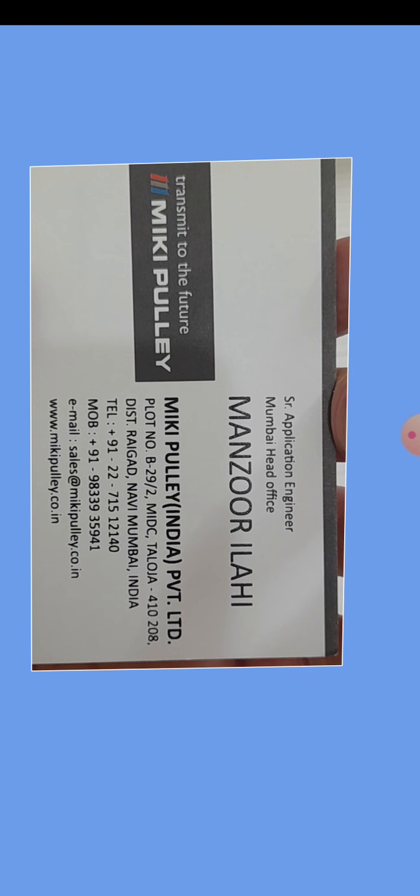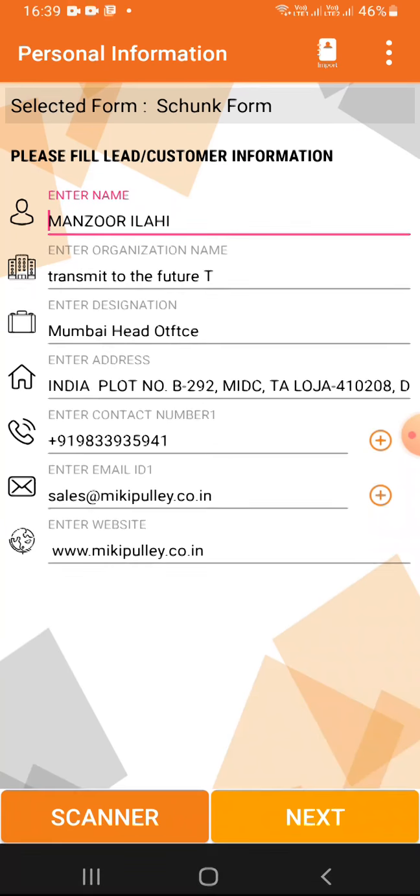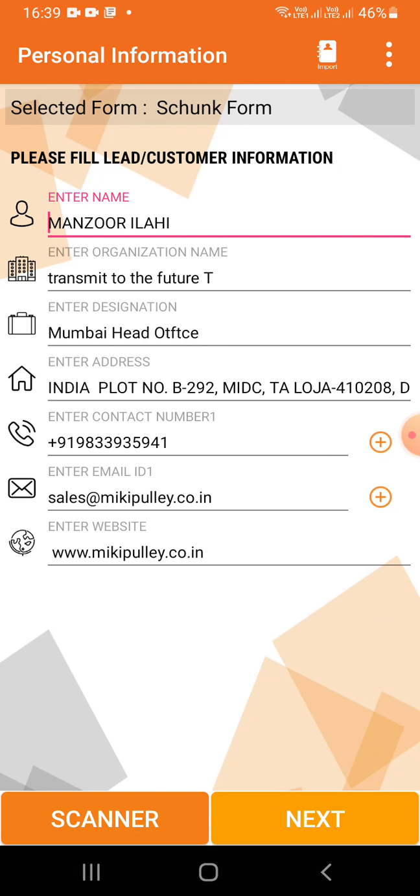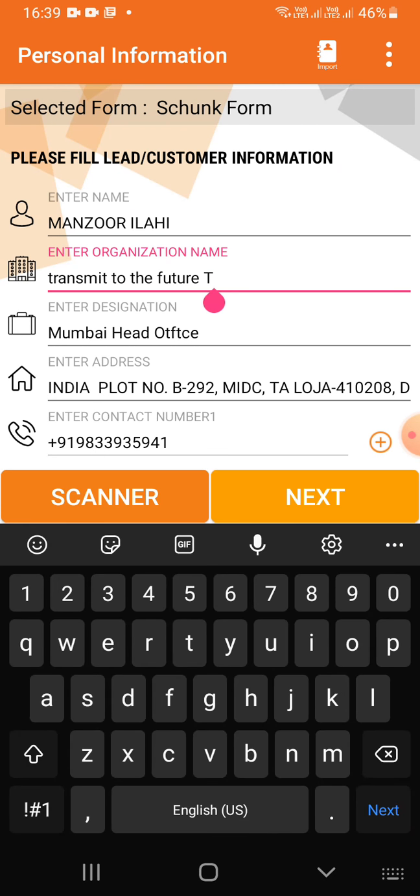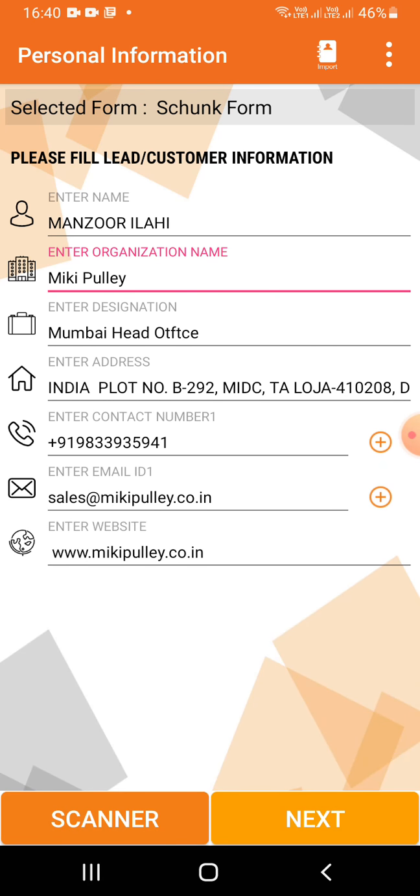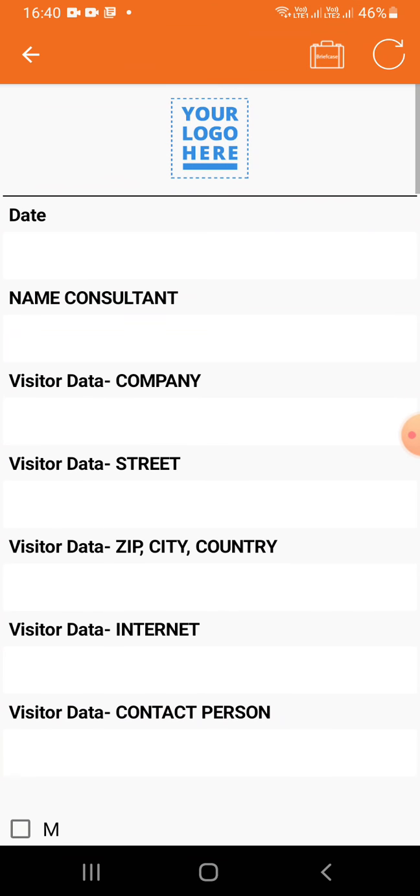Now there are times when you might do this. It gives around 70 to 80% of clarity, but in case there are certain elements that you need to change, then you can simply go ahead. Like for example, in this case it has picked up the company name wrong, so I can simply correct it. But at least the other aspects you may not have to write because they are already here. You can simply glance through it once to check that everything is correct, at least the phone number and email ID, because that is important, and also the name. Again, click on next, move ahead.